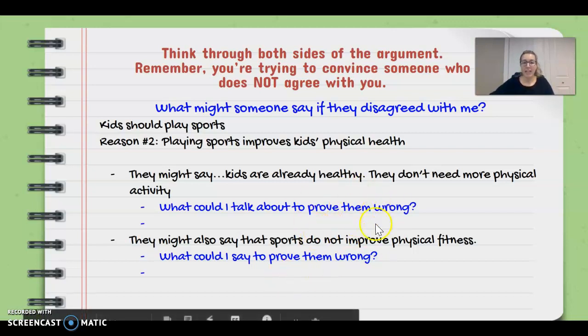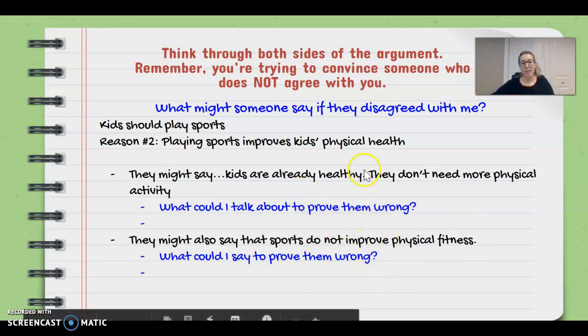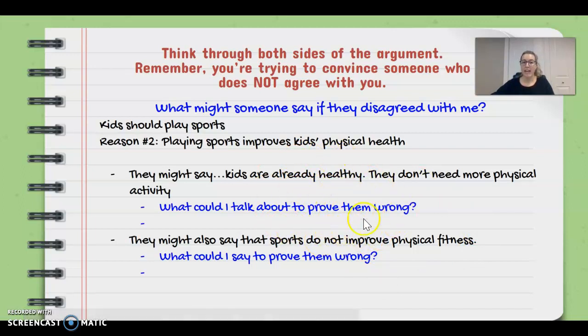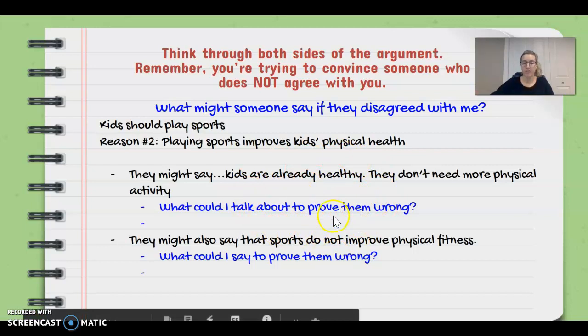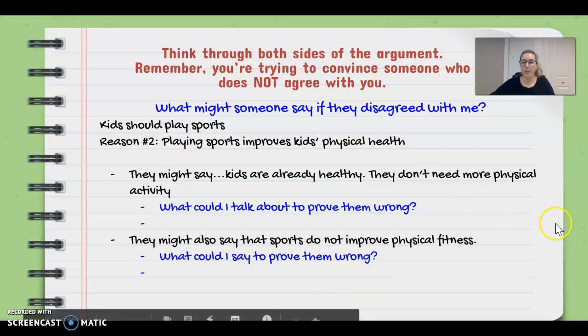First, I've decided, now this is part of my strategy in order to be successful with my paragraph, that my plan is to first talk about the fact that there is an issue nationally or globally, depending on what evidence I find, there is an issue with childhood physical health. I need to prove that there is an issue with that. Then I'm going to prove that physical fitness and playing sports can fix that problem. So what I'm going to do is